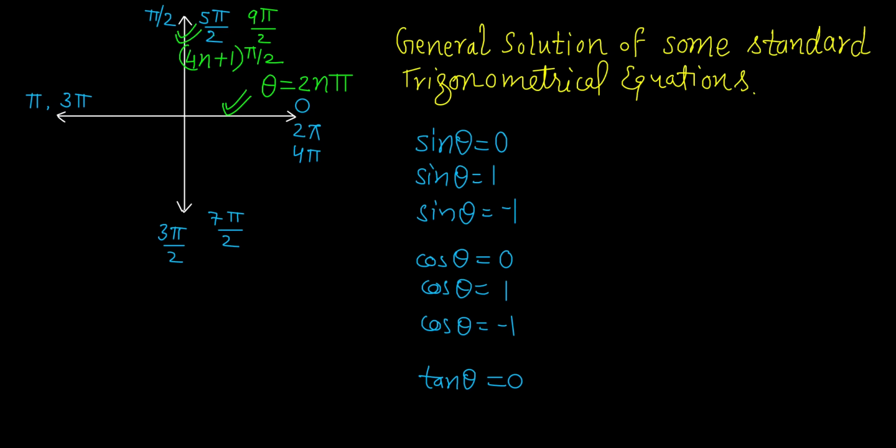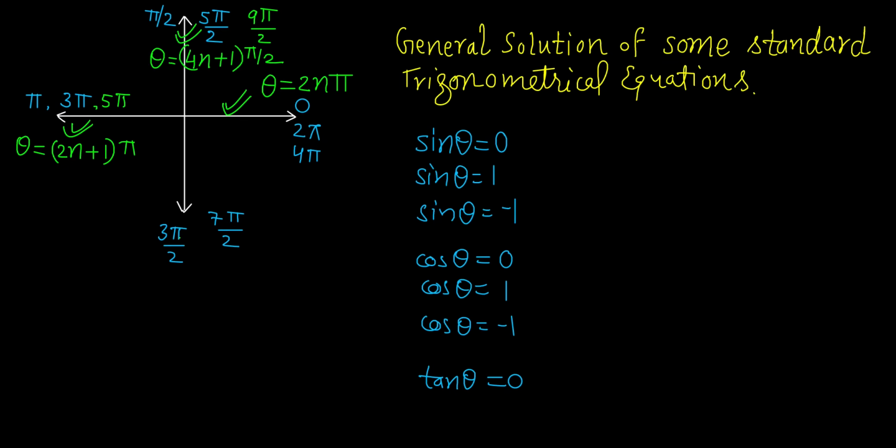So this was the 4n plus 1 pi by 2 line. Similarly, if you want to write separately this line, what is the angle falling on this line? First time you got pi, then 3 pi, then next time you will get 5 pi, and so on. So in general these are the odd multiples of pi. So here you will write theta is equal to an odd multiple of pi. You write an odd number in maths like 2n plus 1, so it will be 2n plus 1 times pi, because 2n will be an even number and plus 1 will make it odd, so it is an odd multiple of pi.